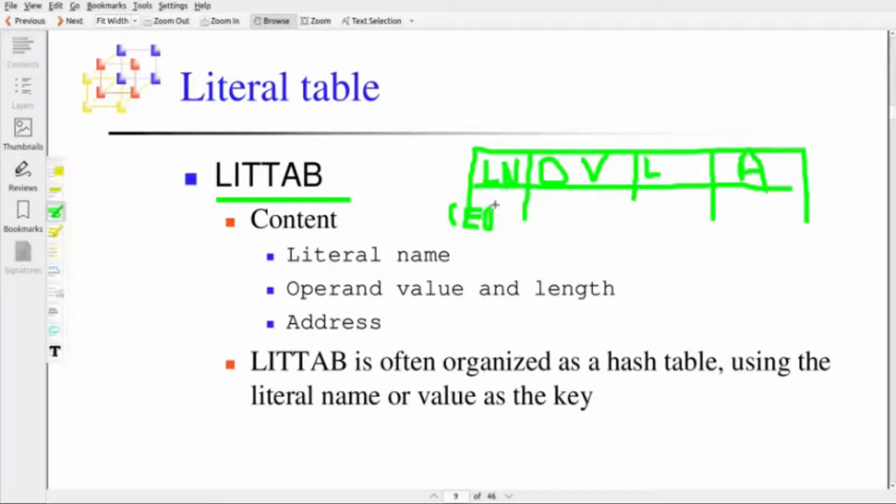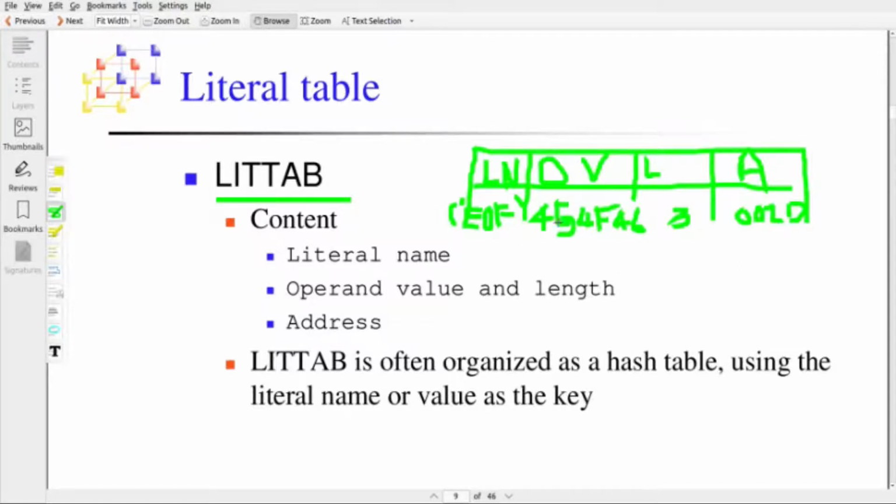Within the quotation, C is a character and EOF is a character constant. And what is its value? The operand value is 45, 4F and 46. Its length is 3 bytes. And its address, in the previous program we know that we generated as 002D. So this is the way the literal table will be filled.